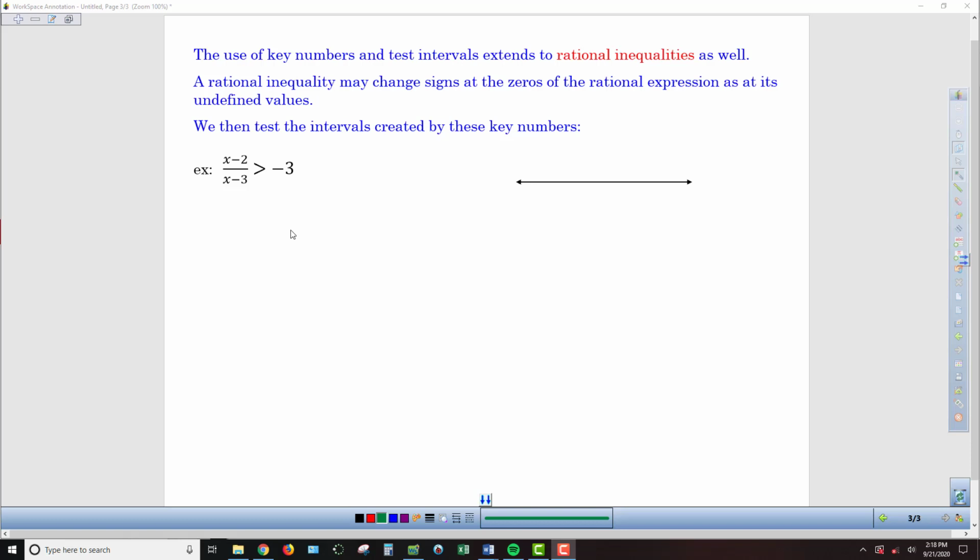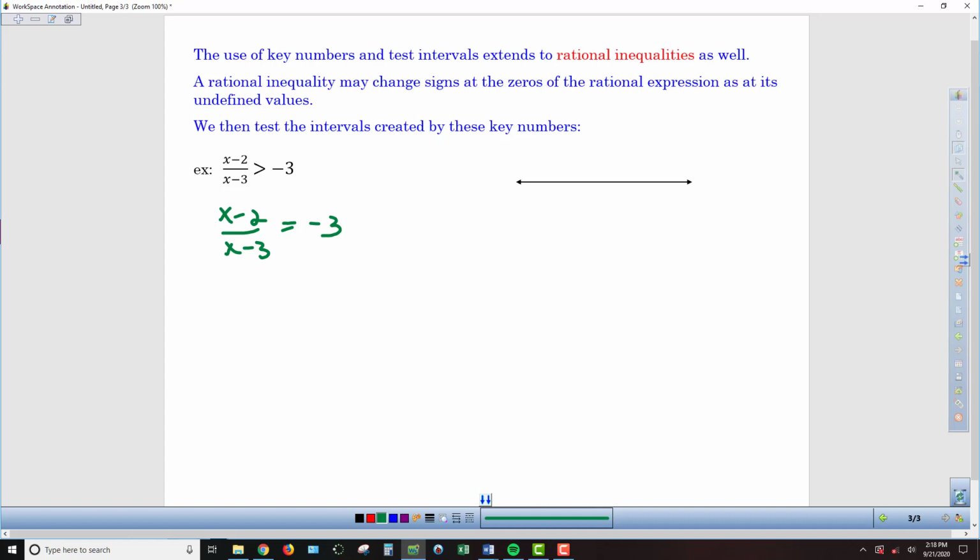For rational inequalities, we're going to treat them the same way that we do the polynomial inequalities. We're going to rewrite this as an equation instead of as an inequality, and solve that equation to find some of our key points. And then there's another key point that we have to identify besides the solutions to this equation that I'll explain